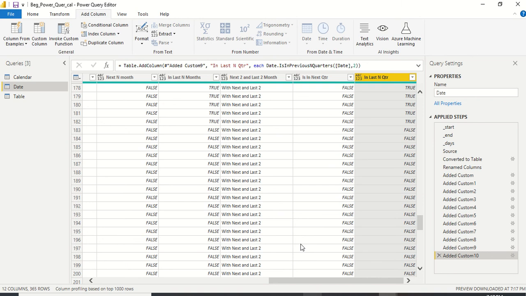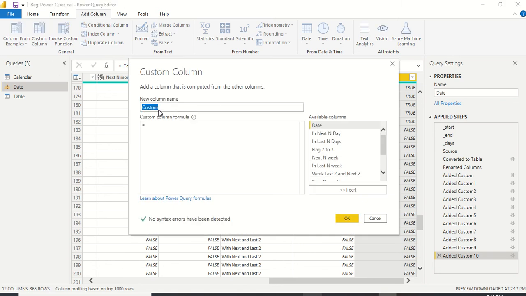What I would like to have is: am I within the last 2 quarters and next 2 quarters, so 5 quarters basically. So I'm going to make use of what I have, and let's go ahead and do this. The first thing we are going to do is create a column named last and next 2 quarter. That's the name we have given.